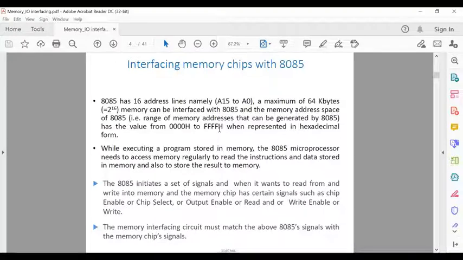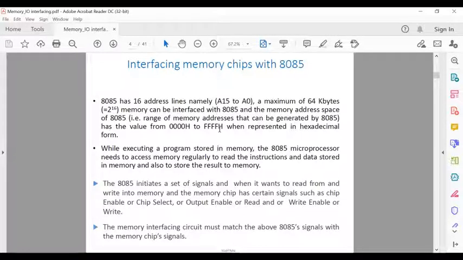Okay, so in case of ROM, there are only two signals. One is the chip enable or chip select signal, and the output enable or read bar signal. But in case of RAM, it has three signals: chip enable or chip select, then output enable or read bar for read operation, and for write operation, write enable or write bar signal. Okay,